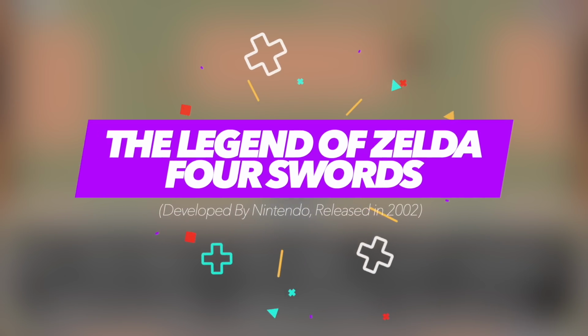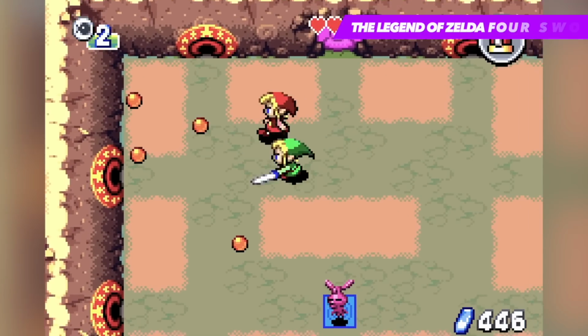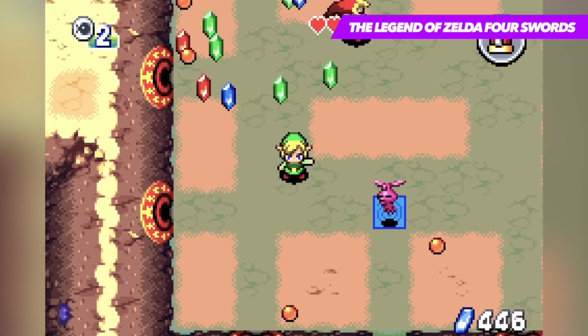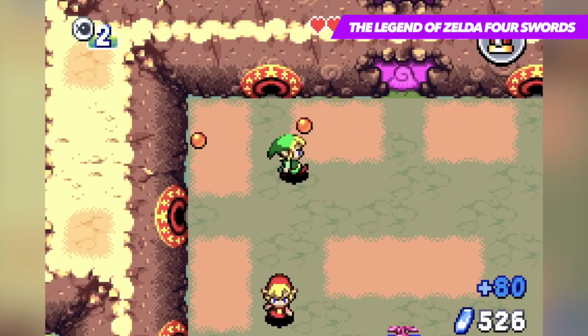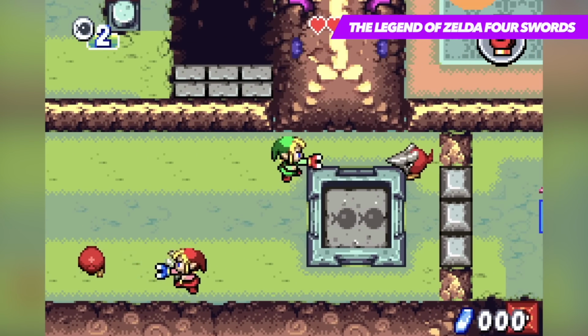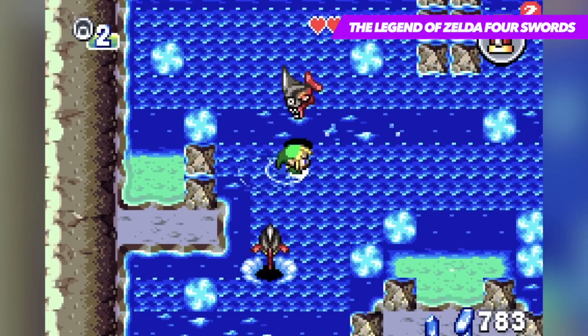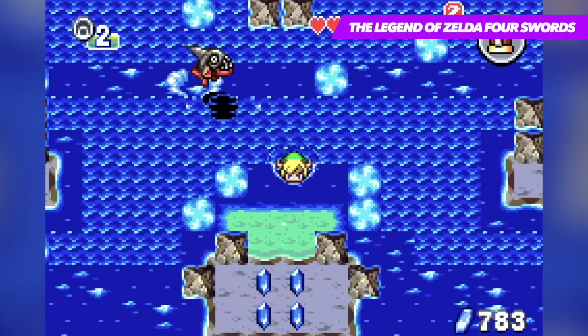As part of the Link to the Past release on the Game Boy Advance, Nintendo went the extra mile and included a completely new mode for fans of the series to play. Known as Four Swords, it was a multiplayer experience that saw up to 4 players working together to overcome a series of different challenges throughout Hyrule, and the dynamic between cooperation and friendly competition was at the core of the